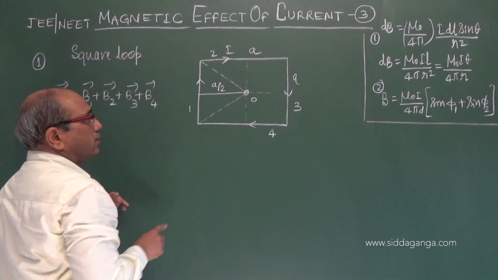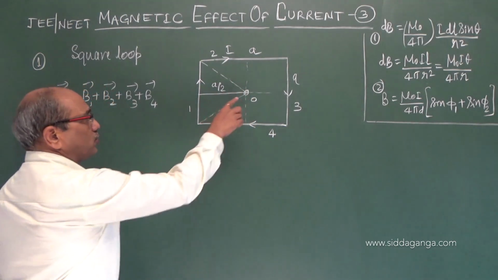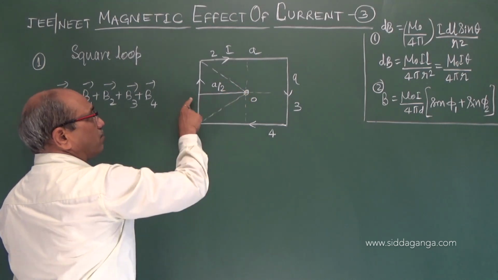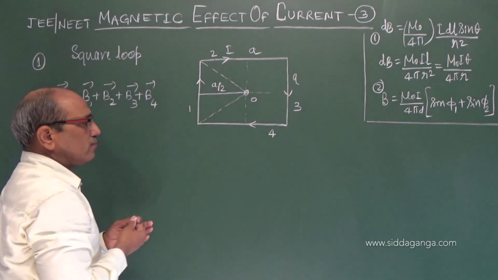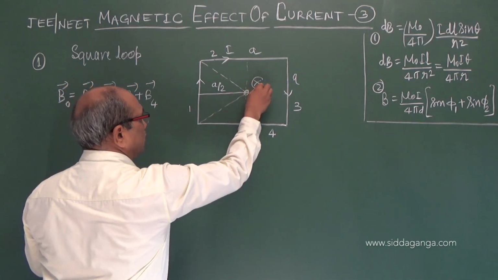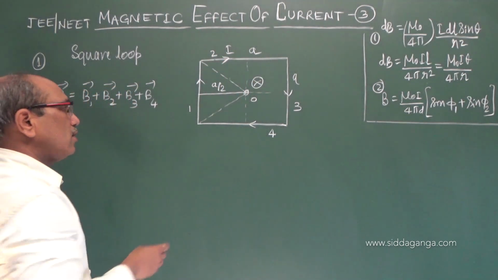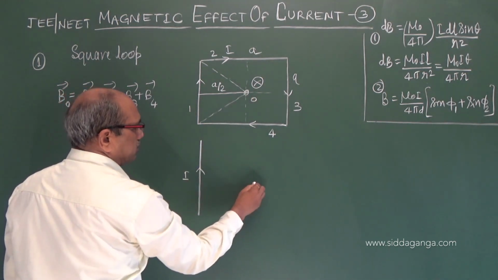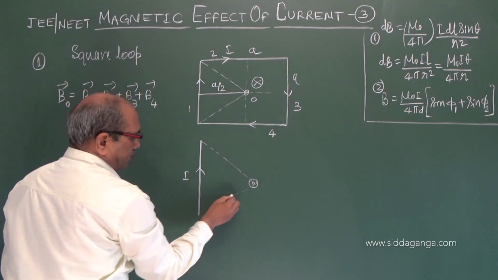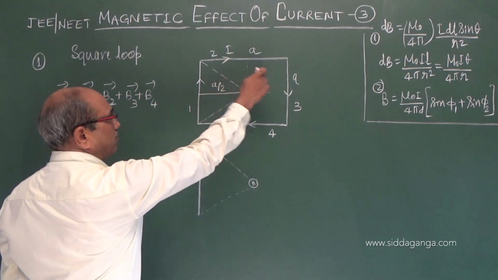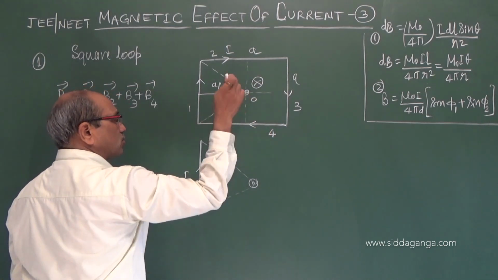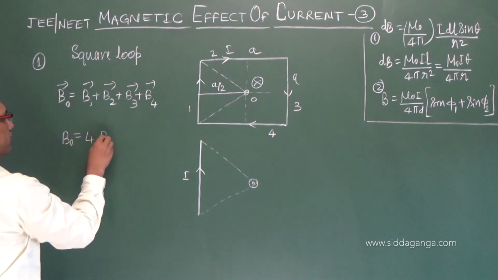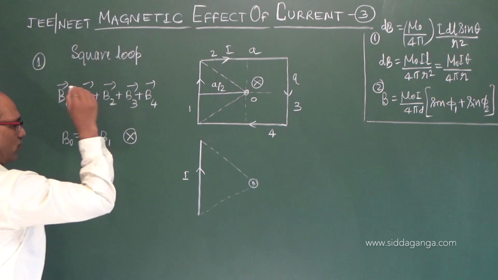There is a large symmetry in the four arms in producing the field, as they are all producing in the clockwise direction. If you see, the field produced by each one is into the board. So the field produced here is into the board, perpendicular to the plane of the board. If I take one arm, the current which it is carrying, and this is the central point O, what it produces is the same by all. Magnitude and direction is also the same, into the board. Instead of all these, I can write simply B0 is 4 times B1 and into the board.